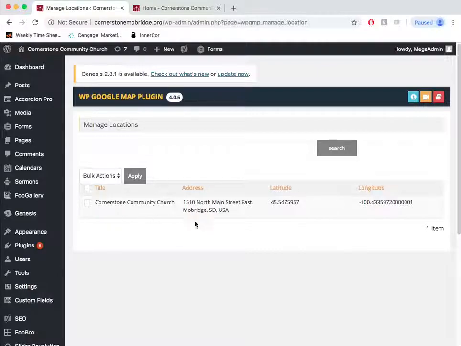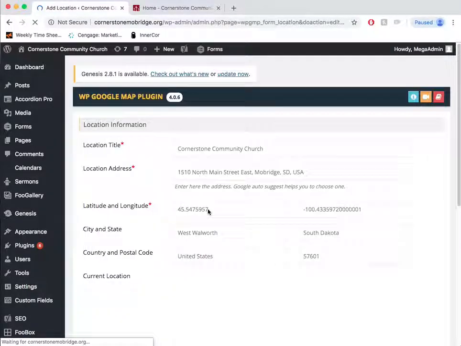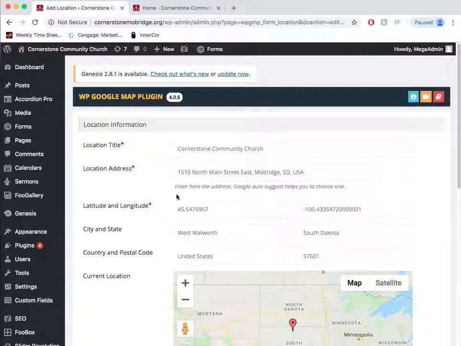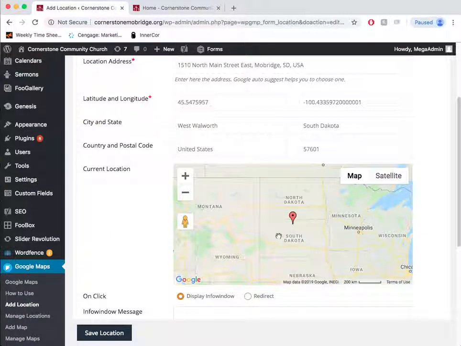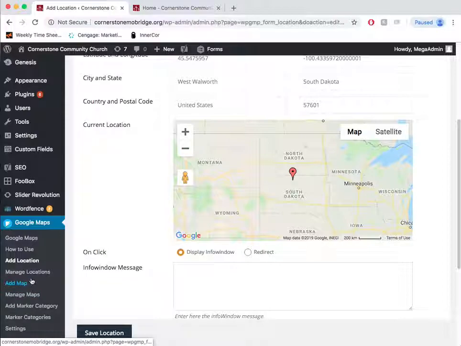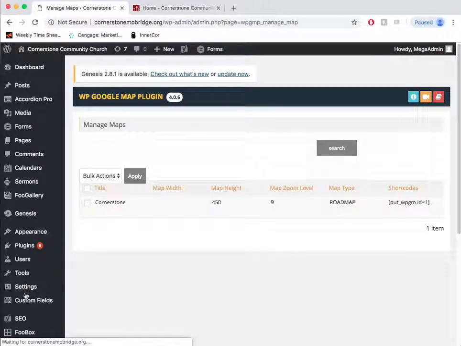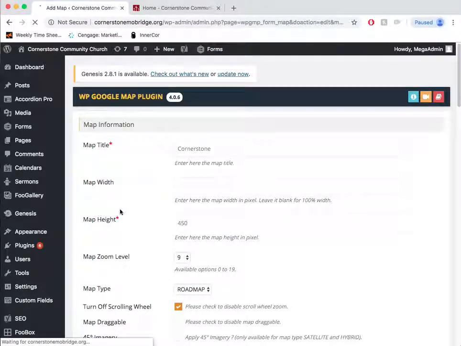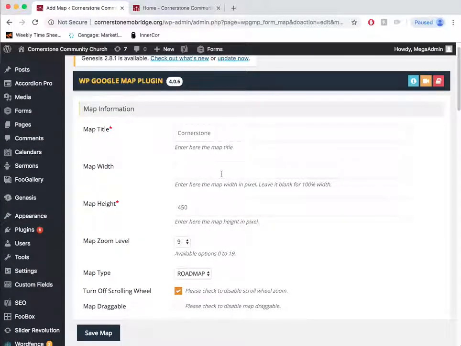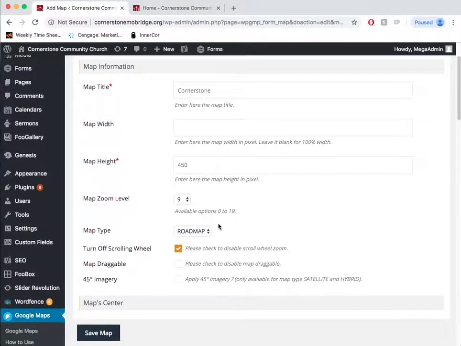So here's your church. If you even just change your address, just go to edit. If we moved somewhere else, then we'll update all of that and how that's looking. And so here's the map you have in your footer. It's just this Cornerstone. That's the title. We don't have the title being shown, but